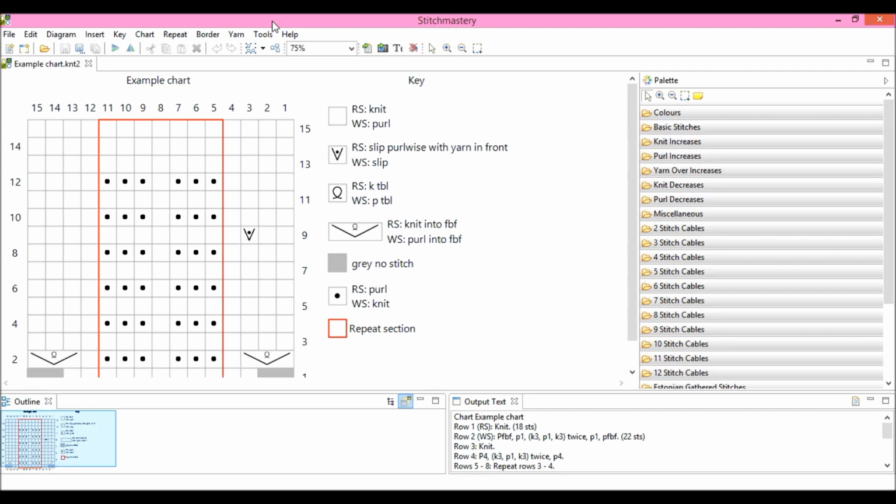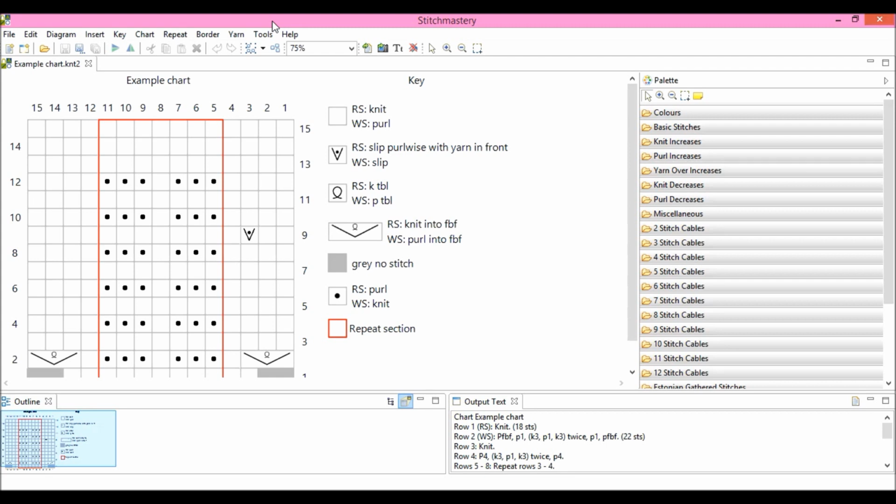The program gives you several options of different file types to save into, and in this video I'm not going to go into lots of detail about the different file types, but what I will do is link in the description box below to a blog post that we wrote last year which explains more about each of the file types and why you might want to choose specific ones depending on what you're then going to use it for and what programs you're using.